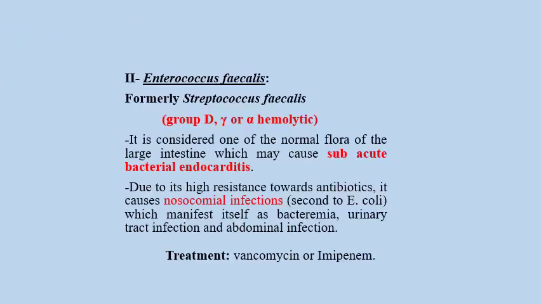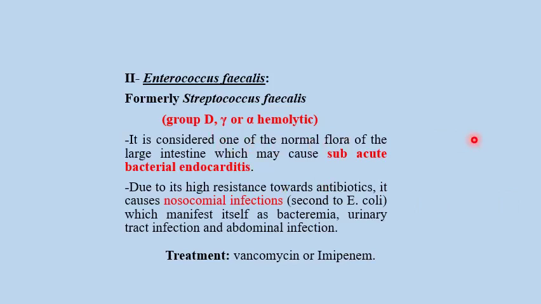Number 3, Enterococcus faecalis, formerly known, as I said, as Streptococcus faecalis. It is group D. It is gamma or alpha hemolytic. It is considered one of the normal flora of the large intestine, which may cause subacute bacterial endocarditis. The same as we said about Streptococcus salivarius,